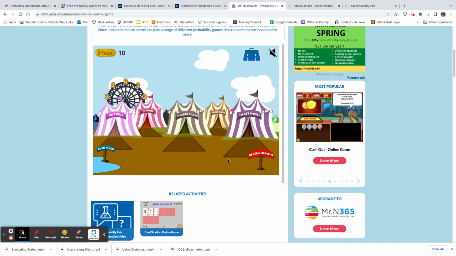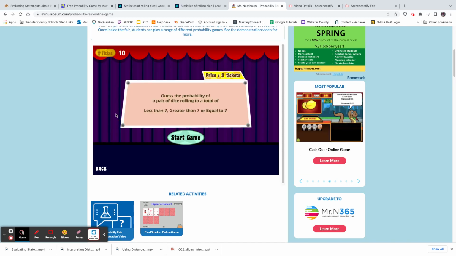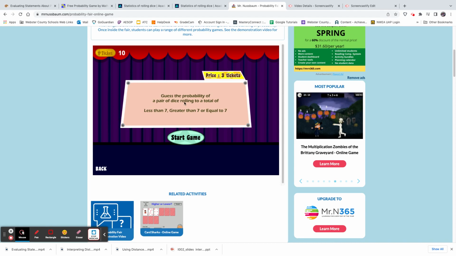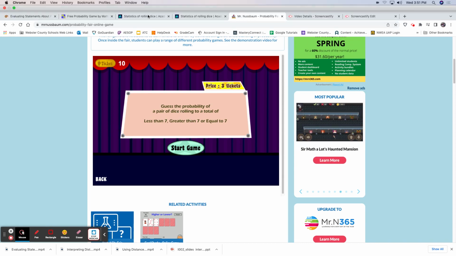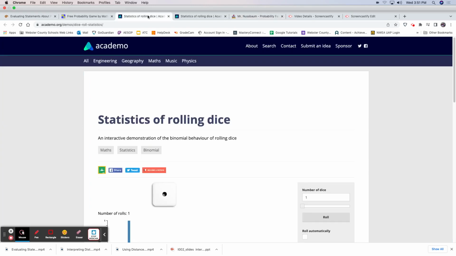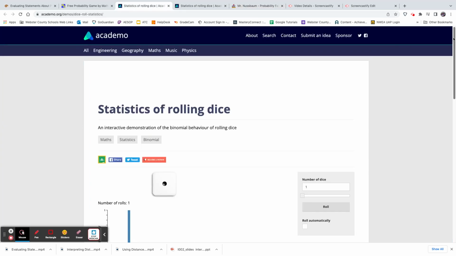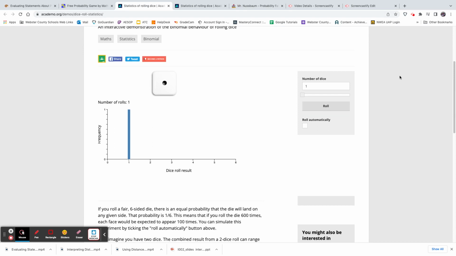Okay, we're going to be looking at a few more probability games. When you're talking about rolling a pair of dice, sometimes it's easier to go back and say, instead of a pair of dice, what would it look like if I just had one die? A die has sides. It's got one, two, three, four, five, six. Right now I rolled it once and I got a one.